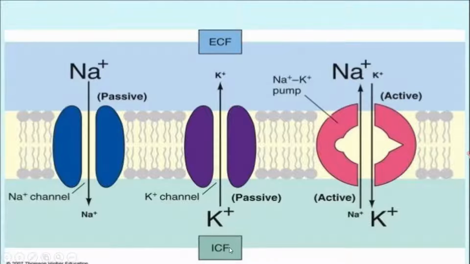Here, potassium is more in the ICF, less in the ECF. So through this channel, the leak channels, potassium is moving out of the cell. You know, sodium is more outside the cell and potassium is more inside the cell. So if you want to move sodium out of the cell, you need some energy. Again, if you want to move potassium into the cell, you require some energy, and that energy is provided by breakdown of ATP, and this is the sodium potassium ATPase pump.